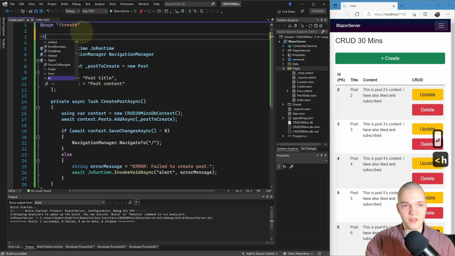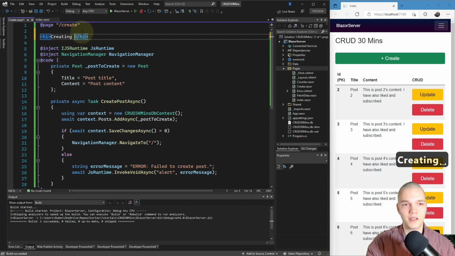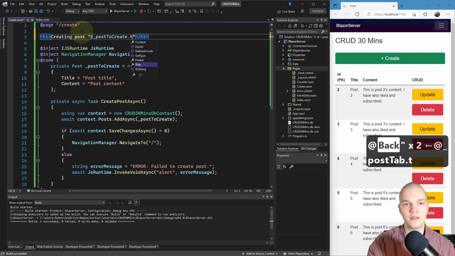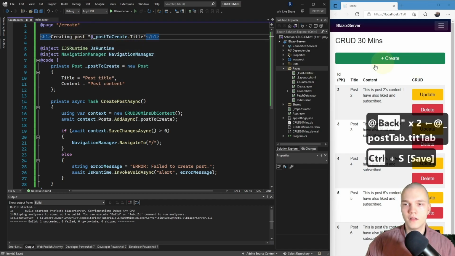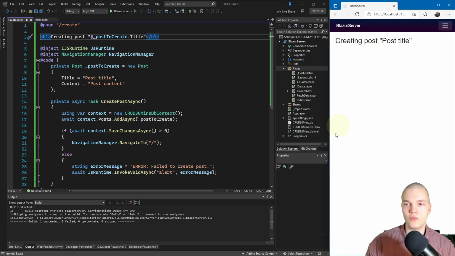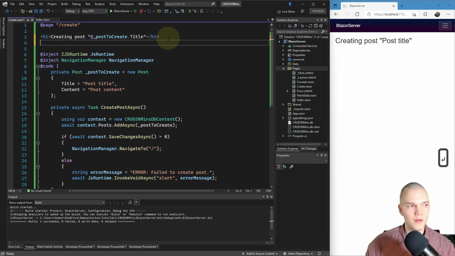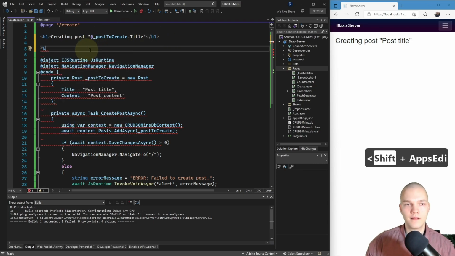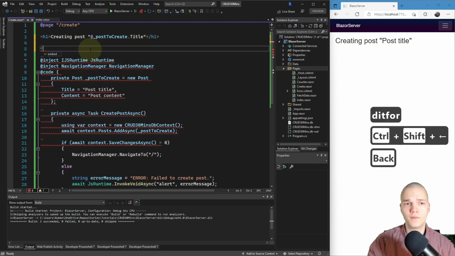So I'll just first add a heading 1 and give it the text of creating post, and then add _post to create dot title, and I'll just navigate to create now, and there we go. And then I'll add an edit form.